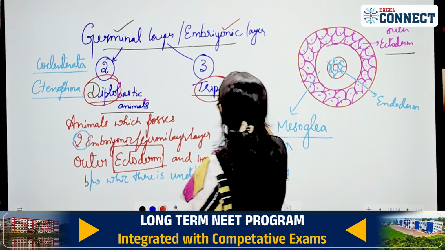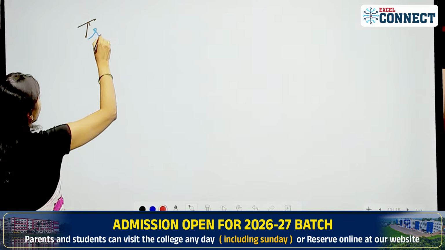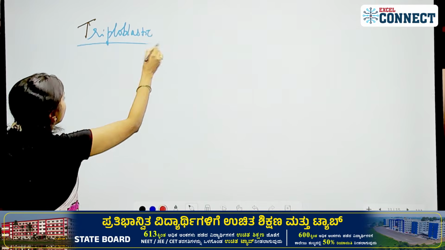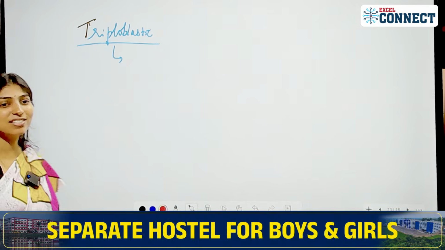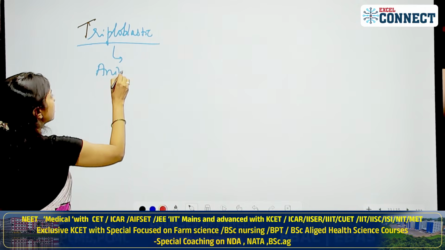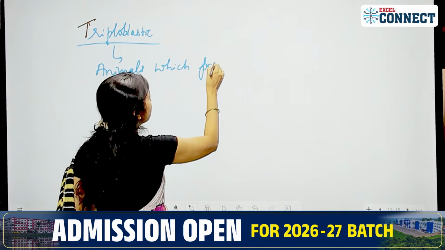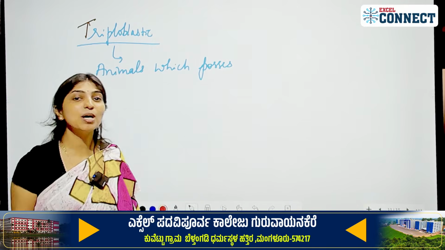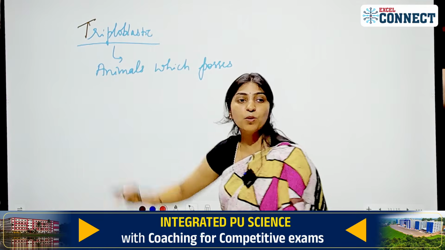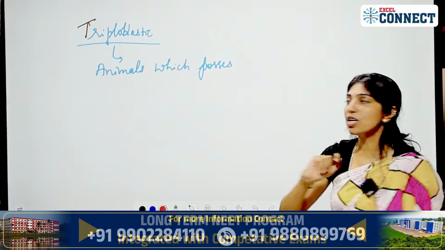Okay, now tell me what are triploblastic animals? So you know in triploblastic how many germinal layers are there? The animals which possess how many germinal layers? 3 germinal layers. The name itself says triplo. Triplo means how many? 3. So here the animals which possess 3 germinal layers,